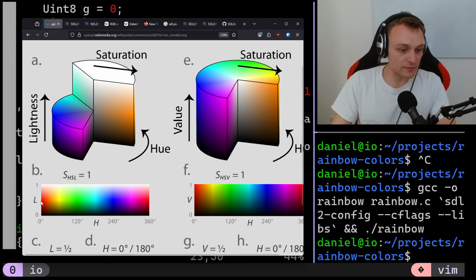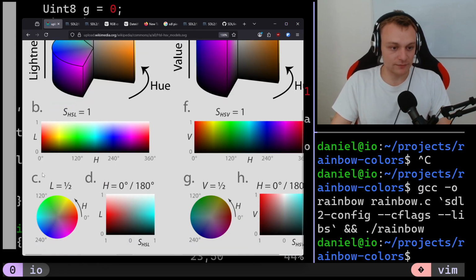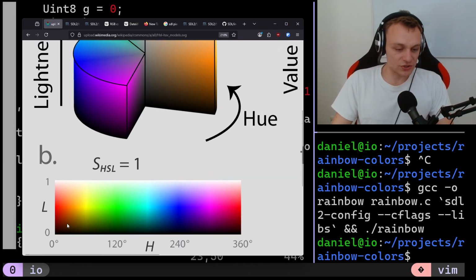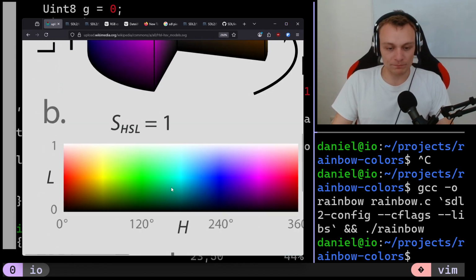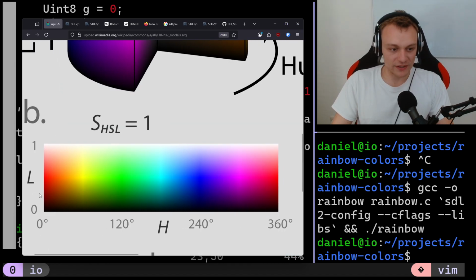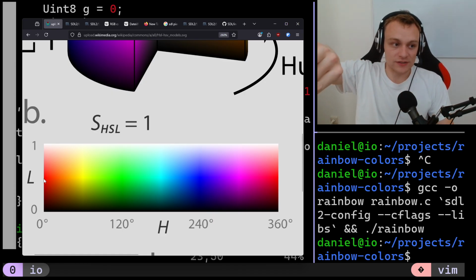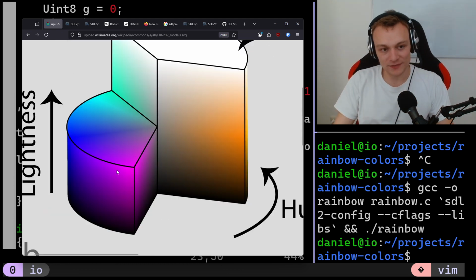And the hue is basically the color that you pick. So you start with a color on the left hand of the spectrum, which is associated with 0 degrees, and then you walk around this spherical volume, the cylinder,